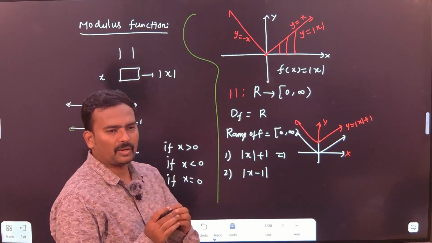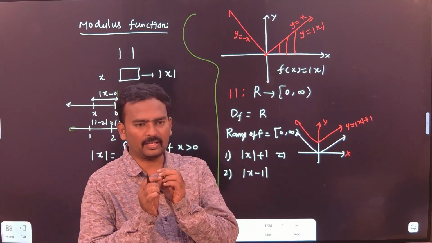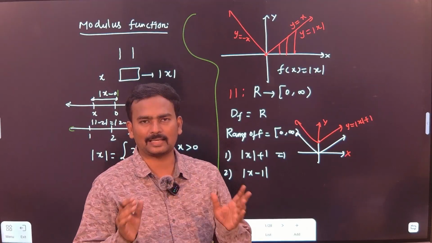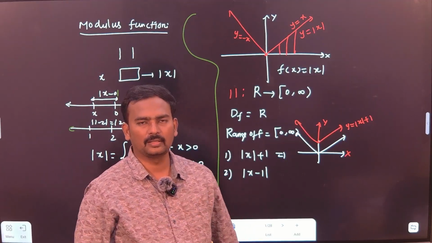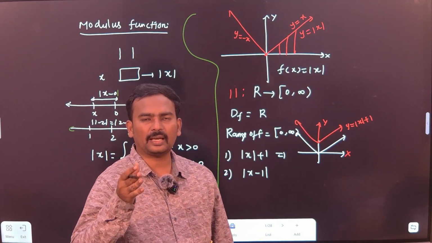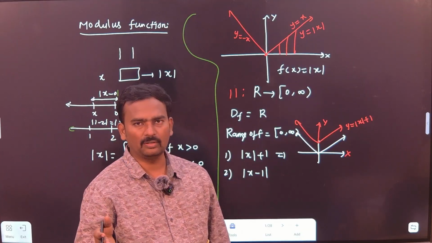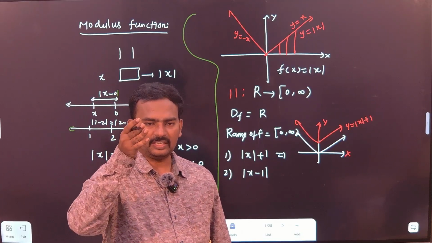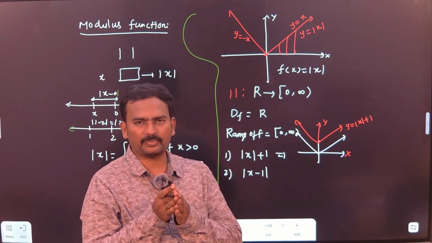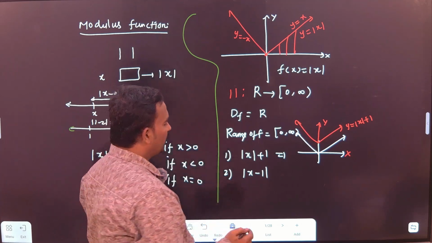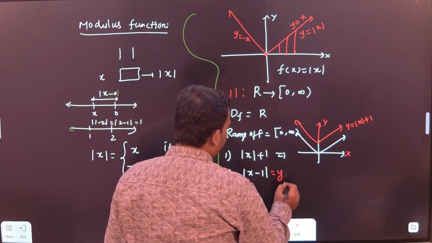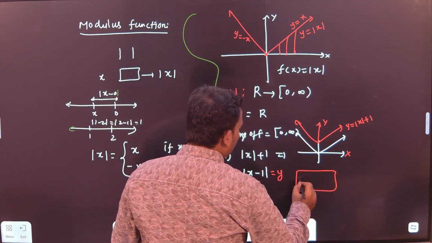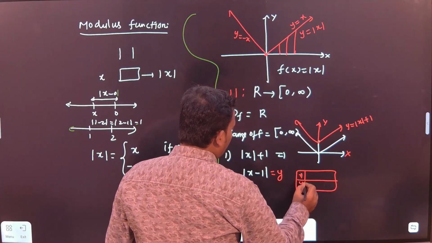So, two things you have to remember. One is where this graph is crossing the x-axis and y-axis. Suppose if the graph is crossing the x-axis means y should be 0. If the graph is intersecting the y-axis means x would be 0, right? So, let us draw the graph of this. So, what you can do, let's take x, y, put x is 0,